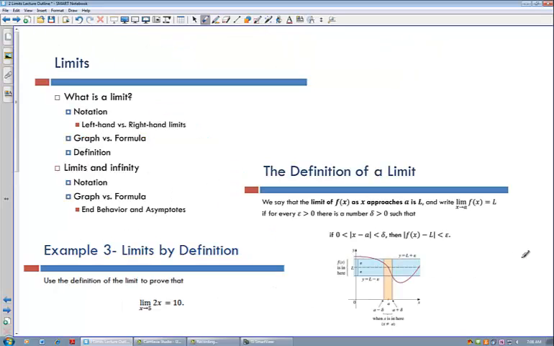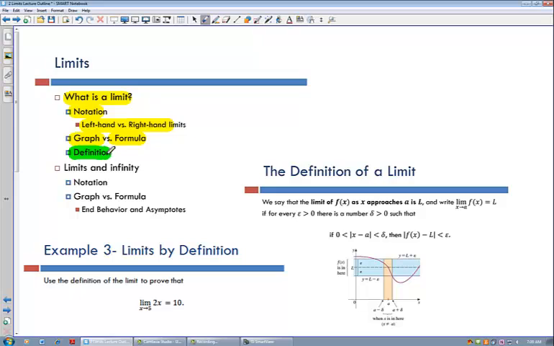All right, so what have we done? We've done a bit. We talked about what a limit is. It's sort of like a best guess to the value of a function without actually looking at the actual point. You look around it. We talked about notation and left-hand and right-hand limits. We talked about how to do a limit with a graph in the previous video. In this one, we did formulas. And finally, I want to end